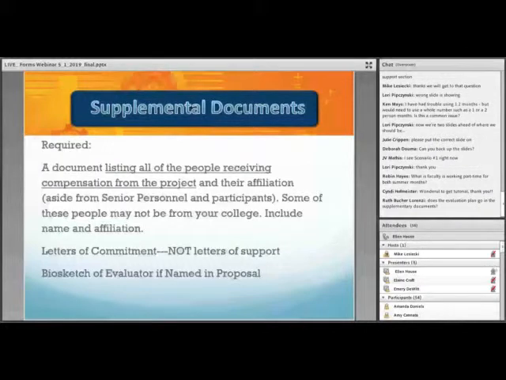And in addition to that, under supplemental materials, you would need to upload a list of all known people, aside from your participants and your students, who will receive compensation from the project and their affiliation. So that list of all people receiving compensation from the project, and some of these people may not be from your college. And so this is an area to look for